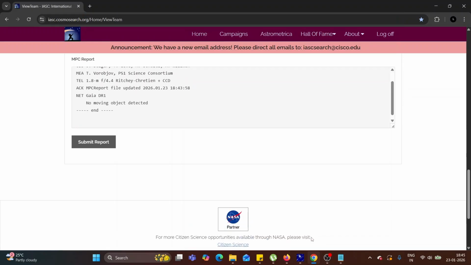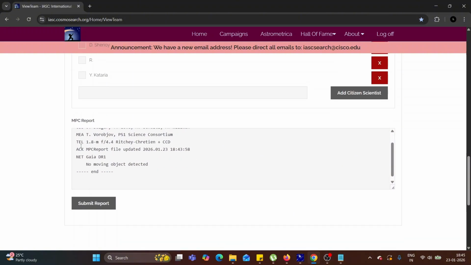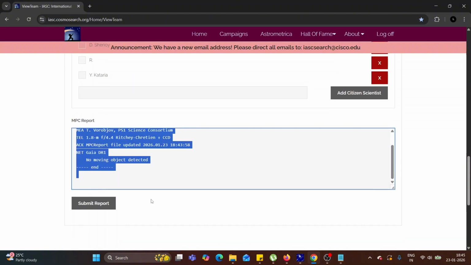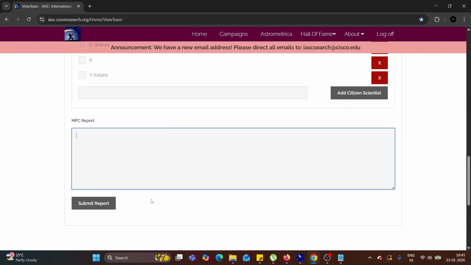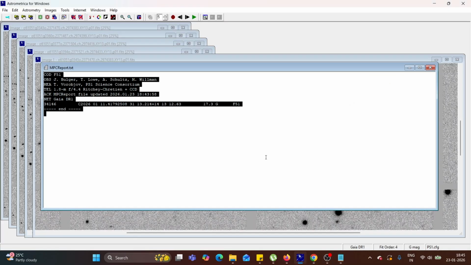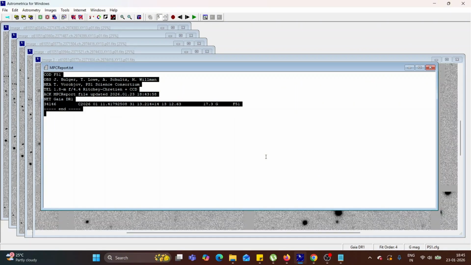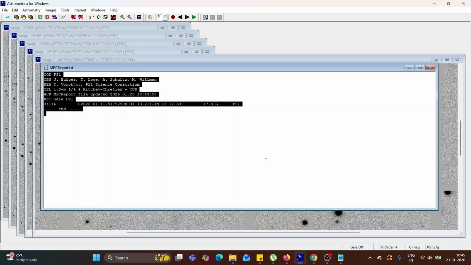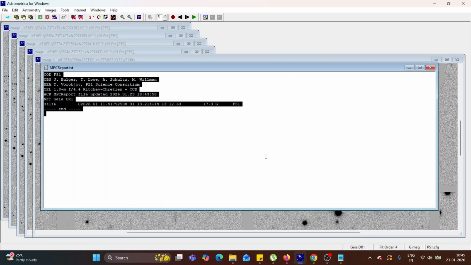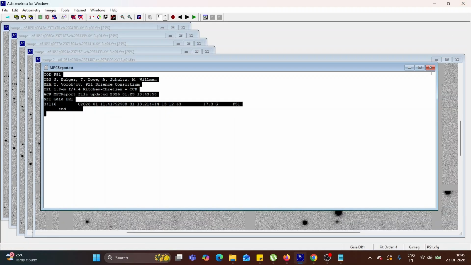Now, since I have already submitted this particular image set, I will not click on anything, but this is how you are supposed to generate and submit the MPC report in the case where there are no moving objects present. So this was one error situation where you have to generate the MPC report in this way. Now,